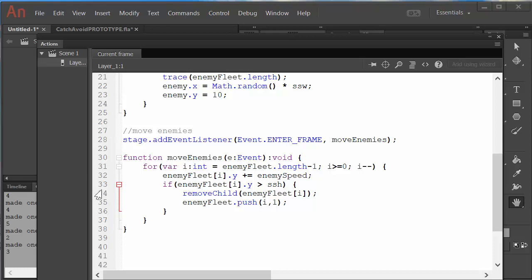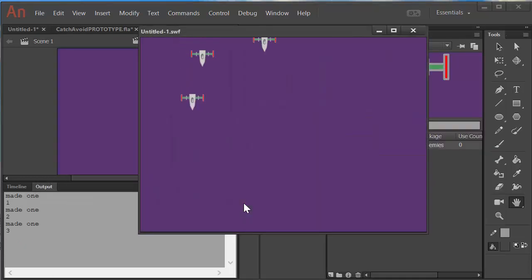So I got looking at this, and turns out I made a mistake in my syntax. So when I removed child, I also pushed the thing back into the fleet. So I essentially made a duplicate of it, or I don't know what happens there, but I did push, and it should be splice. And as you may recall from my lecture, splice removes an object from the array and then connects the pieces on each side of it so that they're reconnected and the numbers reset. So now that should work. So now with that splice instead of